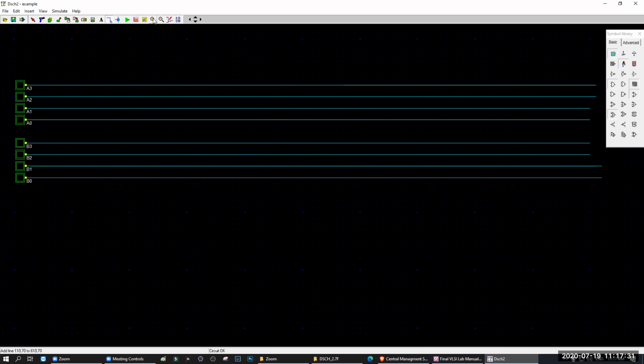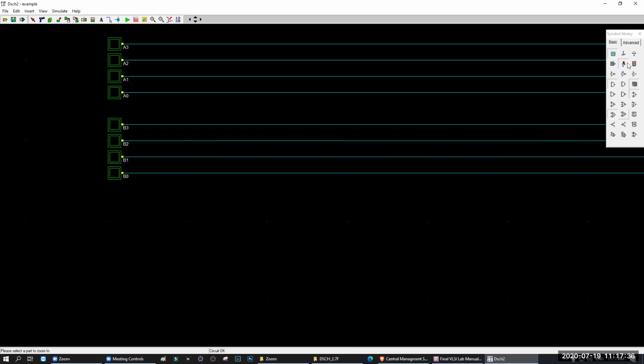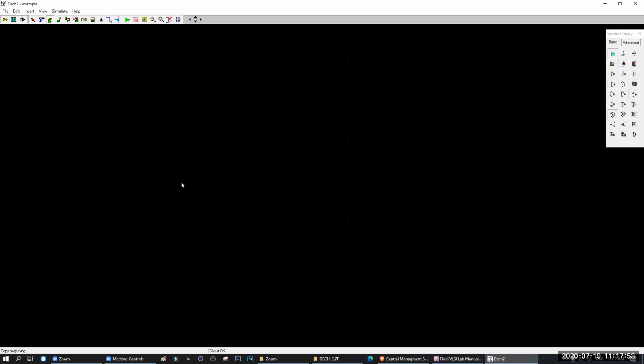Now the AND gate. How am I going to connect the AND gates? See, I'm going to connect the AND gates vertically. So I'm going to make them like this. Okay? Got my point? Now I'm going to copy it. Then I'm going to copy these two.